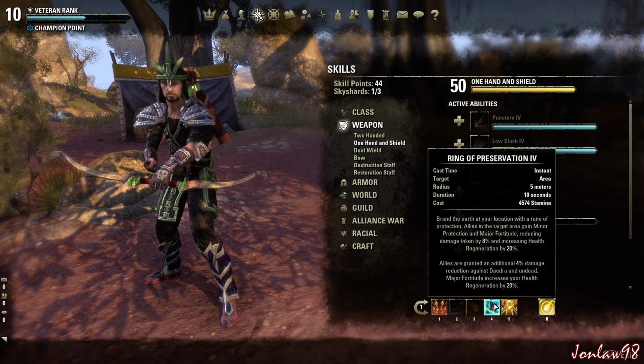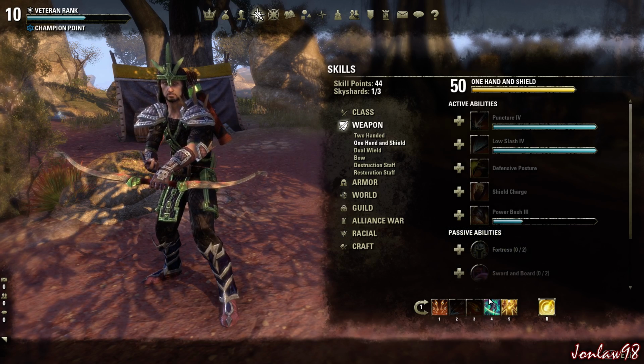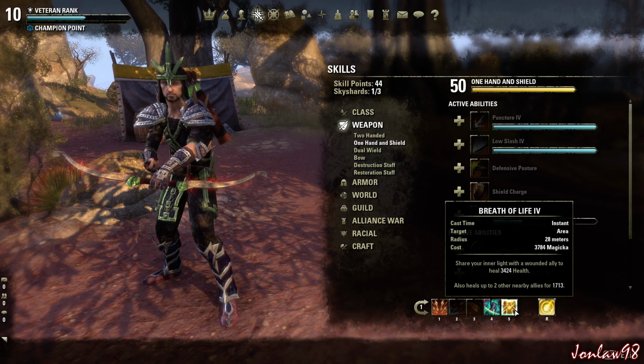So this thing, pretty much if you're in a group, you get increased things while you're standing in the circle, and this is your heal. I could also switch it up between 1 and 2 on the fly while I'm in PvP, and this is